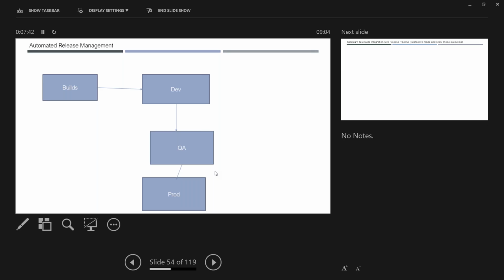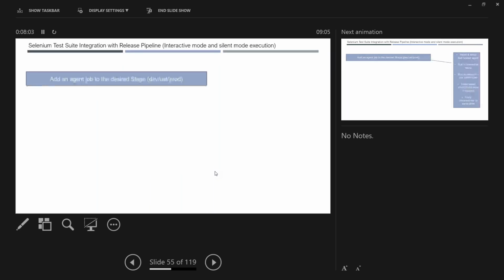Probably at the end of this CD release, I will simply check in something from my Visual Studio, which will trigger the build and release pipeline. And finally, the application is available for you.